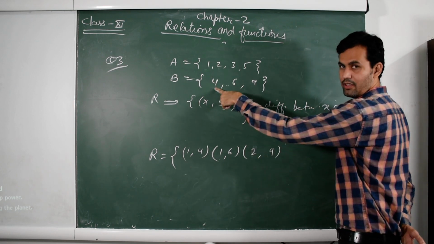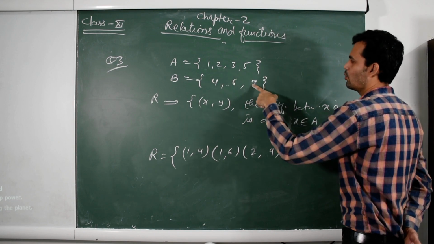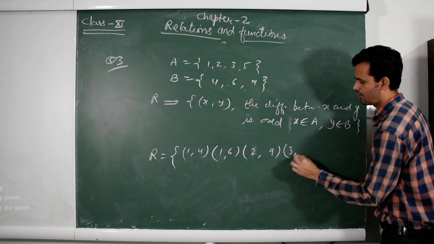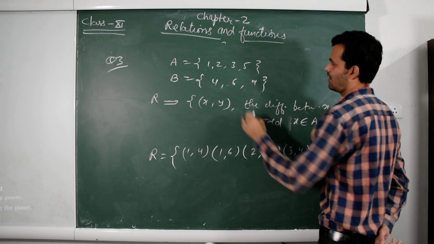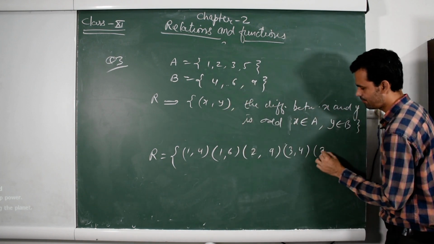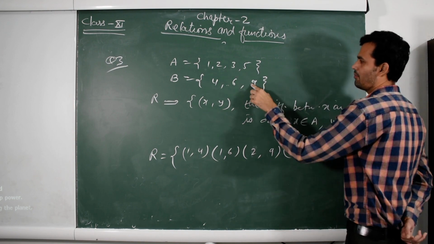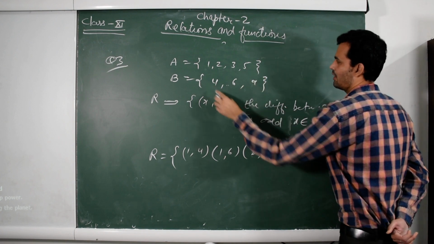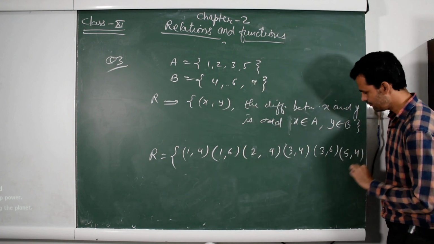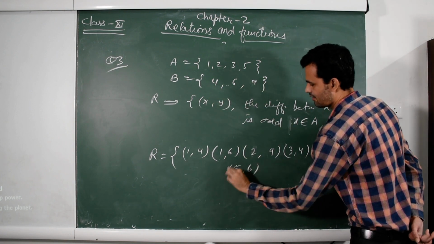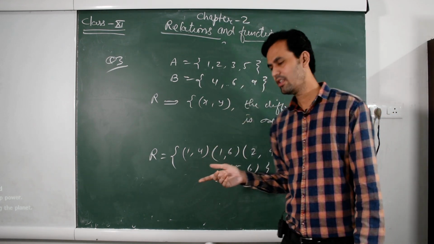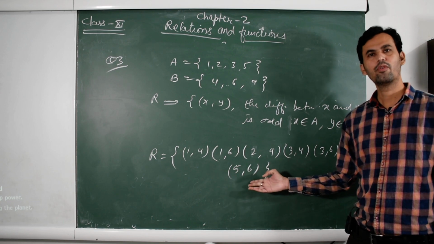And 2, 4 is even. 2, 6 is even. 2, 9 is odd. Then 3, 4: 3 minus 4, 4 minus 3, 3 minus 6, 3 minus 9 is even, therefore we do not take this. 5 minus 4, 5 minus 6, and 5 minus 9 is 4 which is even, so we do not take 5, 4.